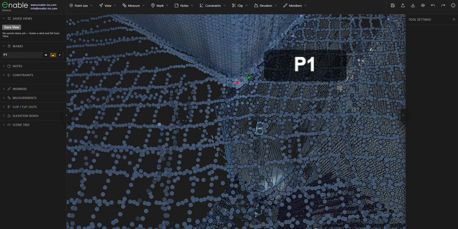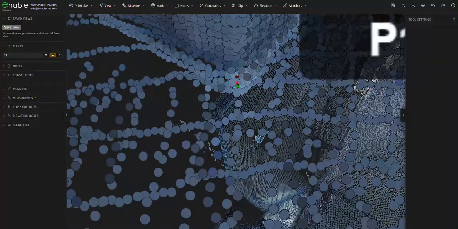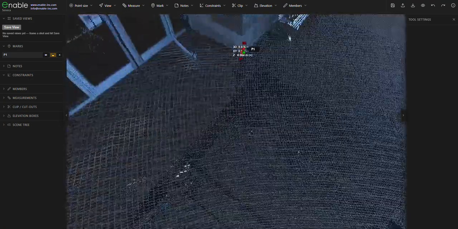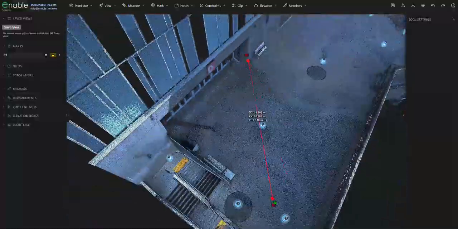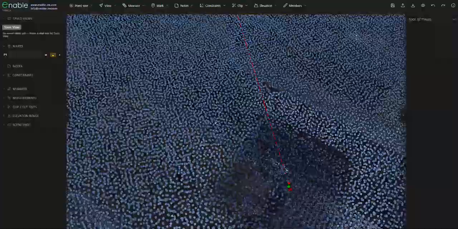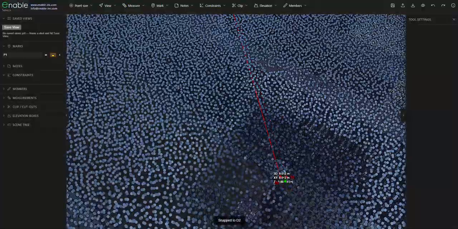And so having this mark P1 allows us to do that, because now I can go to the measurement tool, distance, and this operation is covered under another video, but you can see the benefit of having this mark now, because I can go click on that, go to my drain, exit,